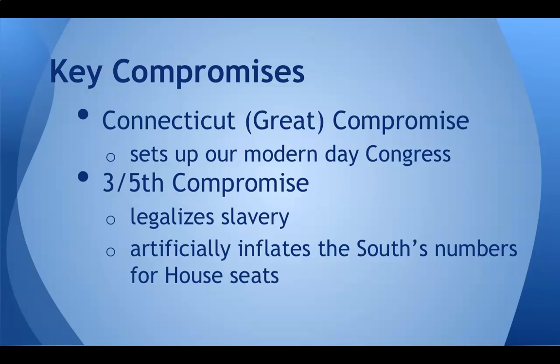The first compromise that happened was called the Connecticut Compromise, or sometimes the Great Compromise. And what it does is it sets up our modern-day Congress. The House of Representatives uses proportional representation from that Virginia plan, where the larger states get more votes than the smaller states. So California gets the most votes, but everybody gets one vote in the House of Representatives,